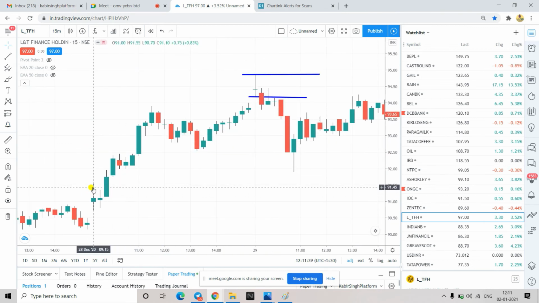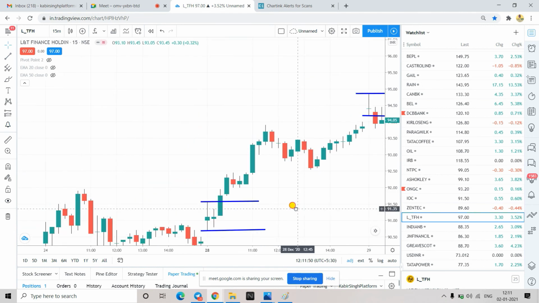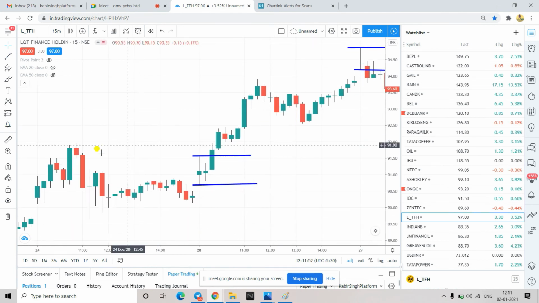Here also it's simple, just make the open range like this, above the previous day high. This is the previous day high. Till this point it is a little riskier. Once the previous day high is broken, you can see it will give a good move. So make sure you see it here, and then you can go long. Above 91, above 92 is your good entry, and this candle has gone below 92, and then you got a good move.